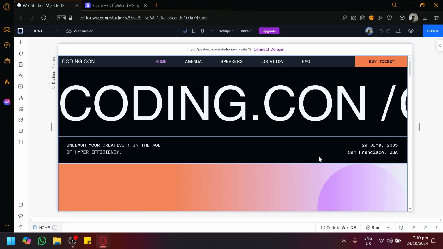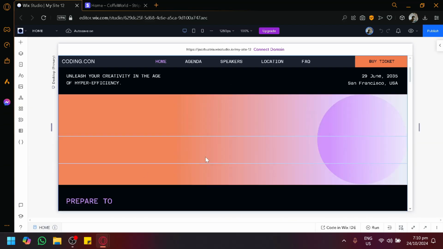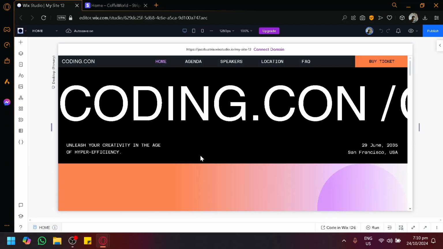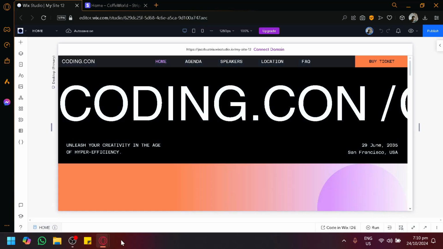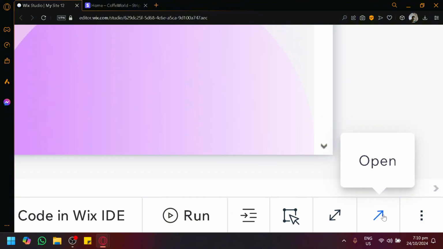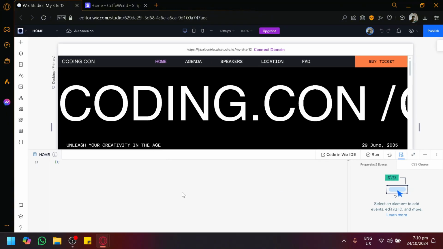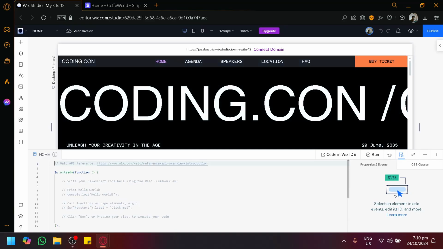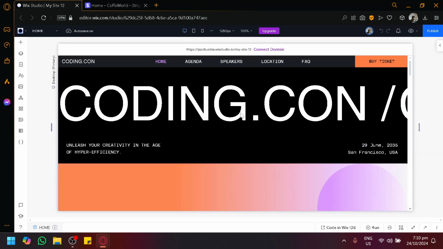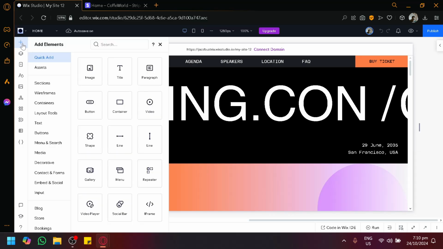As you can see right now on our screen, we're currently in one of our Wix websites. To be able to add an HTML code, you can either look over here at the bottom and click this open button, which will allow you to see the code of the specific website. You can add codes into your website through this method, or you could click on add element over here,